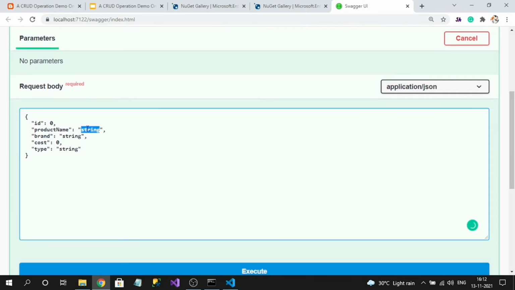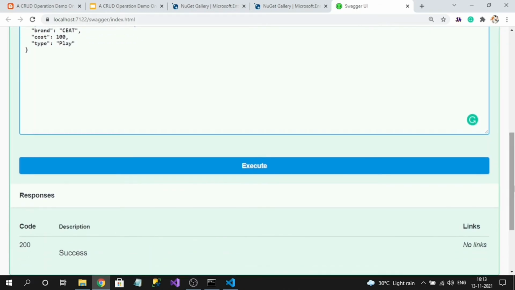I will add a new product, like a cricket bat. Brand is SG. Cost something like $100. Now I'm going to execute.